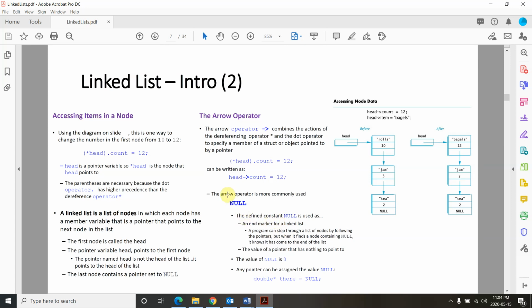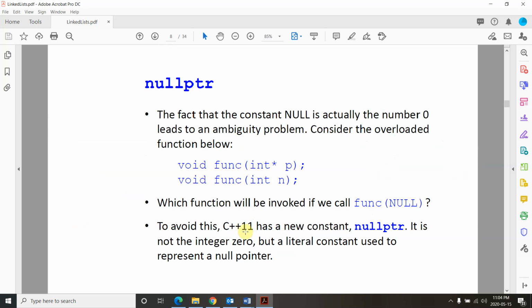Again, here it emphasizes that the tail pointer has to be null. For pointers, it's better to use nullptr. There is no difference between NULL and nullptr. The only difference is if you have a scenario like this,